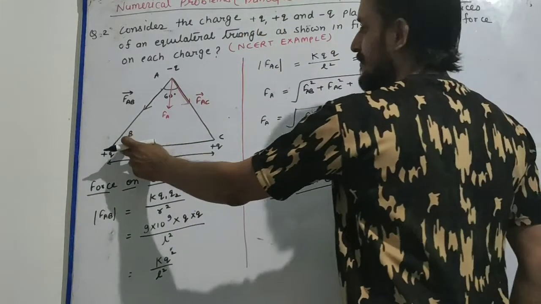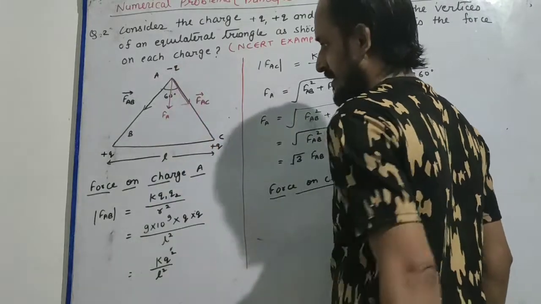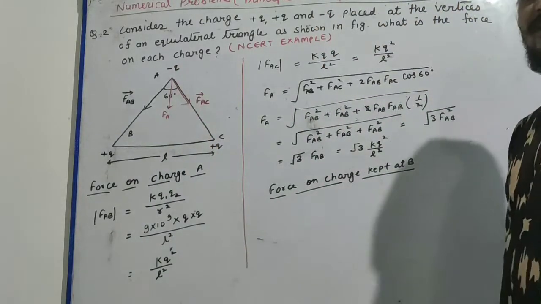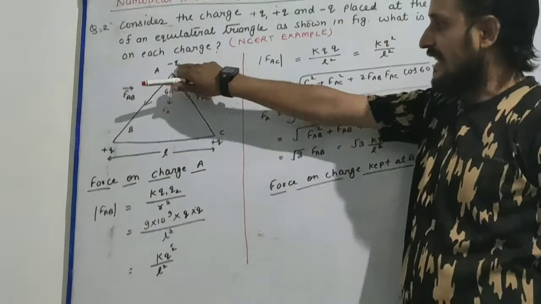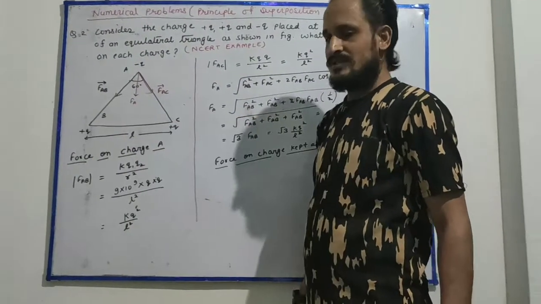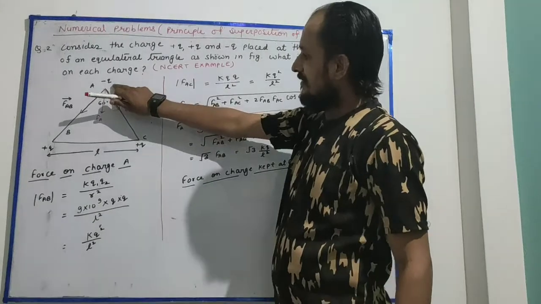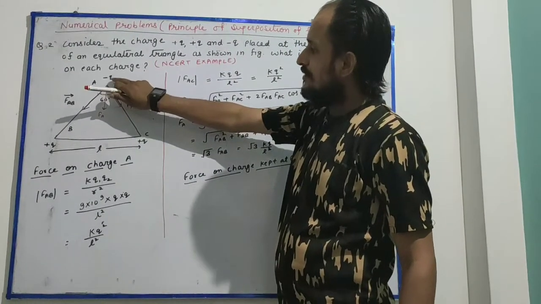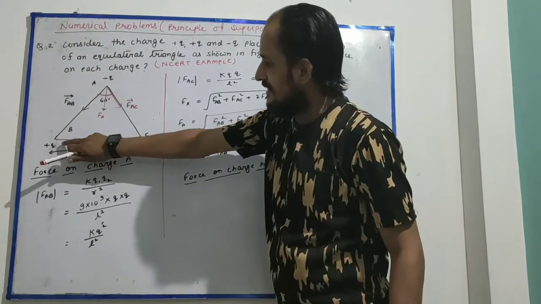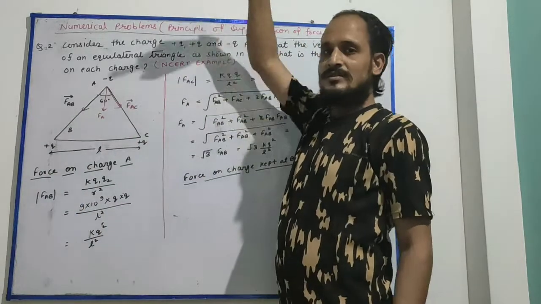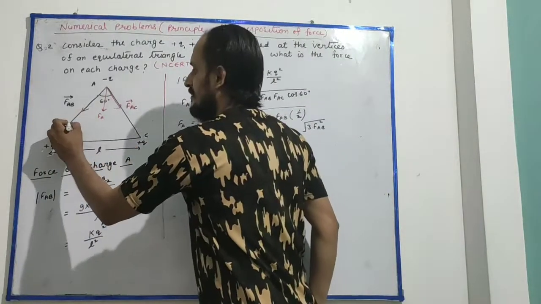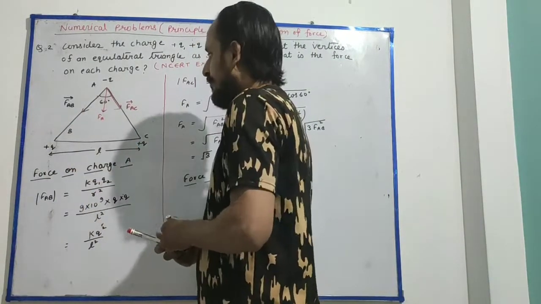Force on charge B due to charge A. What is the direction? This is negative charge, this is positive charge. So the force is attractive, but how will this negative charge attract this positive charge? Upward. You can put the direction